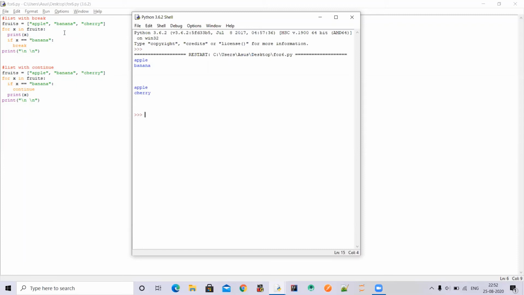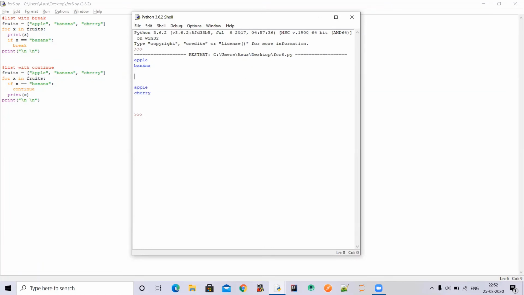Then it is printing banana here. After printing banana, in the if condition it is equal to banana, so it will break the loop and come out of the loop, and it will not iterate that loop again, and it is printing the double slash n. So here you can see these are the double slash n.